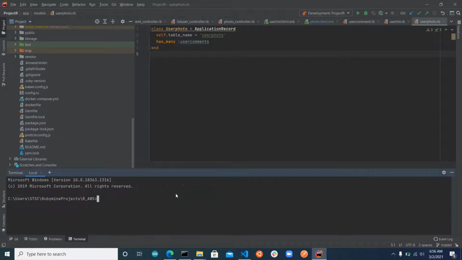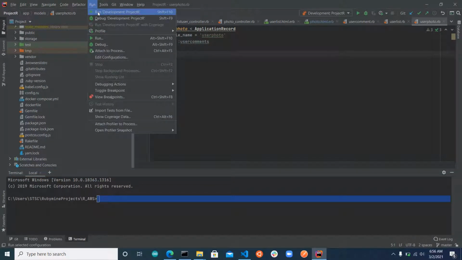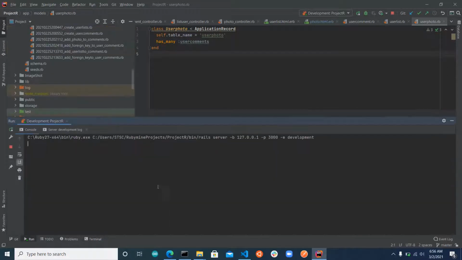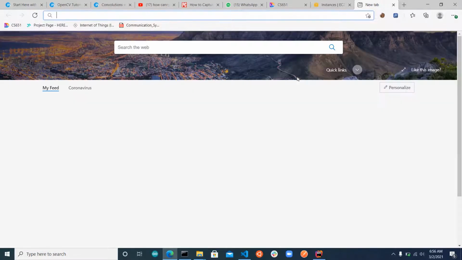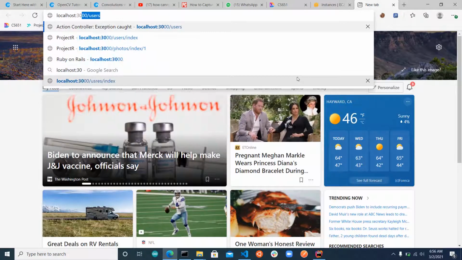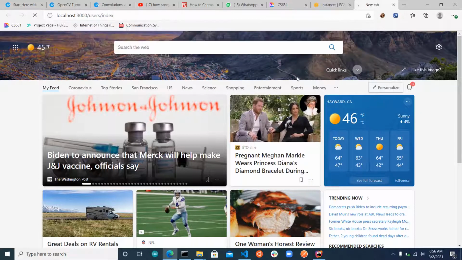So now we will run our project on our Rails machine in the RubyMine IDE. We can do it in many ways, but I'll choose run. It will run on port 3000 on the localhost. Let it start, and then we can test our pages on the front end. So we'll type localhost, port number, users index,